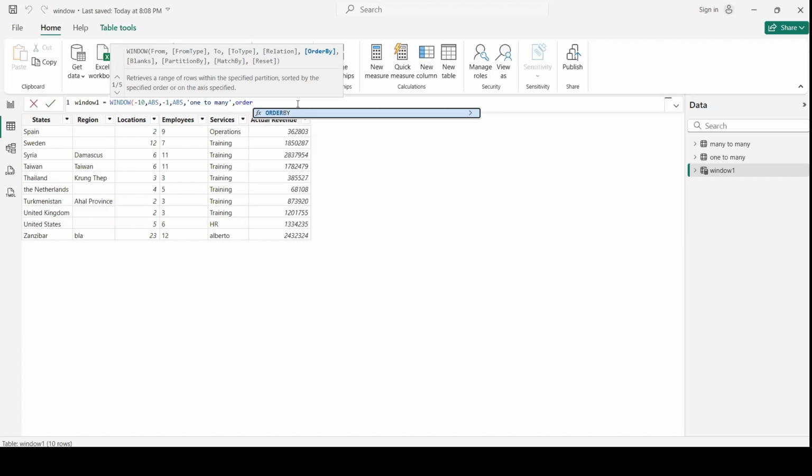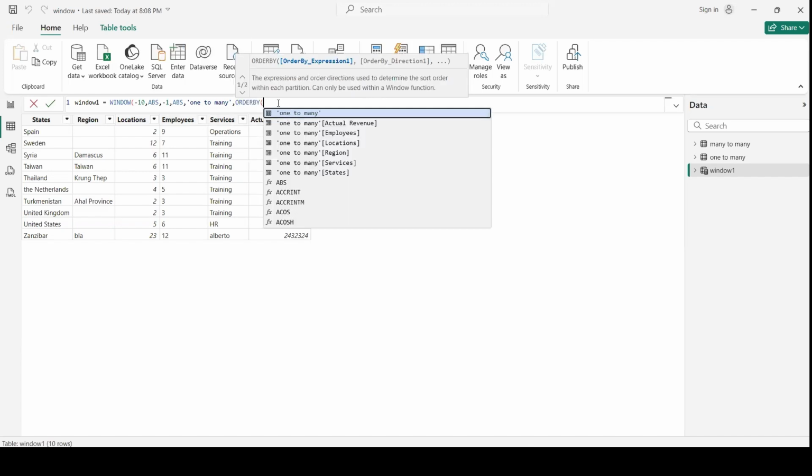Order by will help us decide in which direction we want to order data from a column. It could be ascending or descending, in which column.